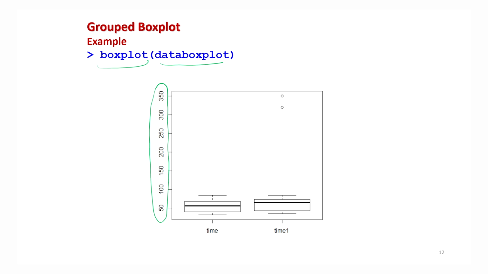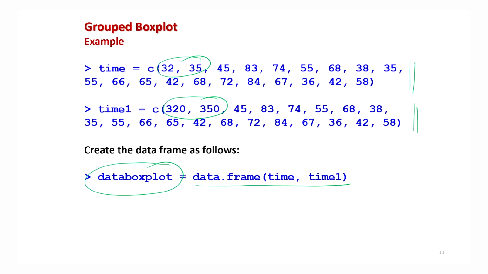For example, if you want to find out whether any of these two data sets has extreme observations, or say outliers, and you don't want to look into the data set. Here I can show you very easily, because we have small data sets and they have been artificially created. So I know that 32 and 35 are converted into 320 and 350.